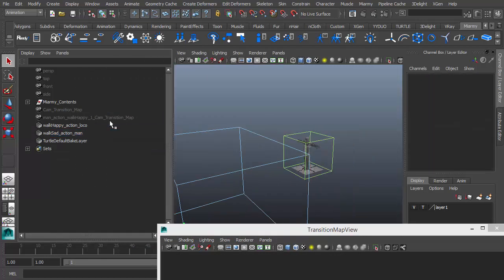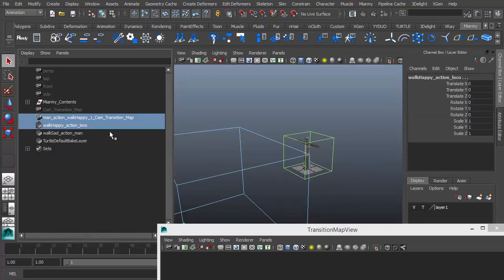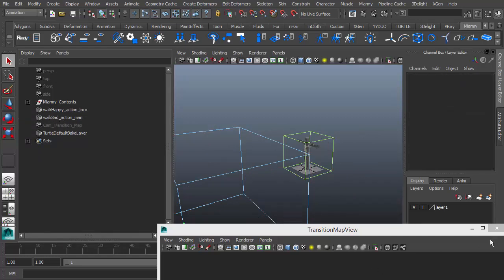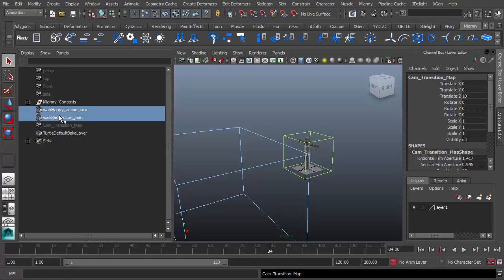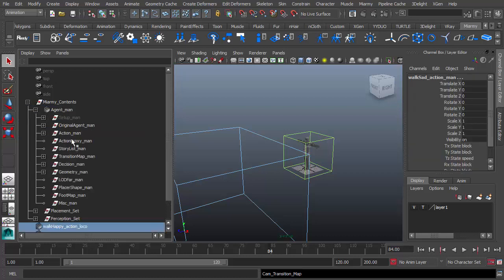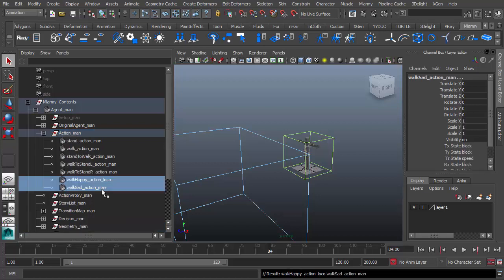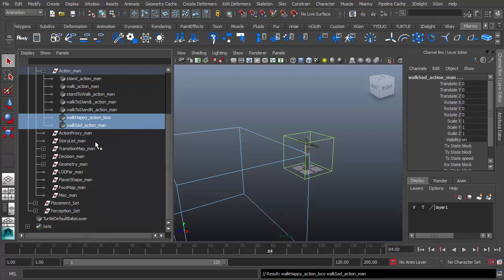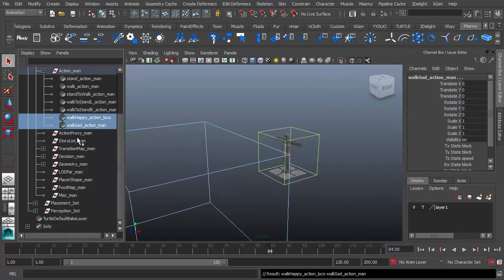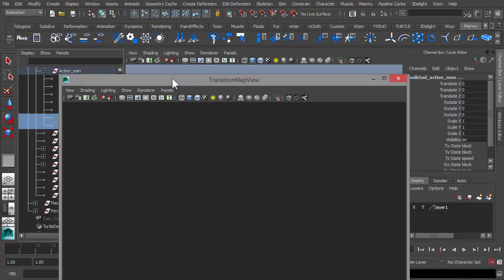Let's just delete these two trash nodes. And parent them: select them, press Control and hit P, and parent them into the action folder here. You can see that two of the actions have been put inside of this action folder. And inside of the transition map,